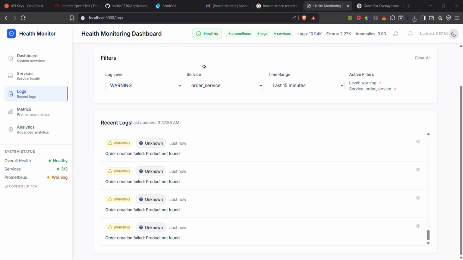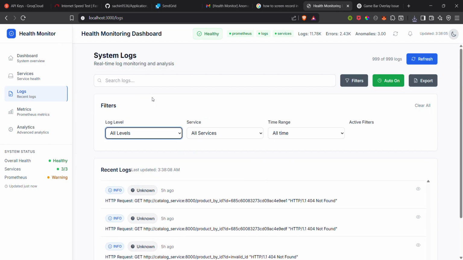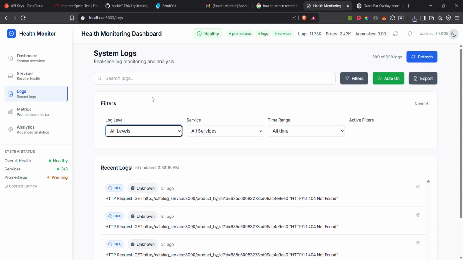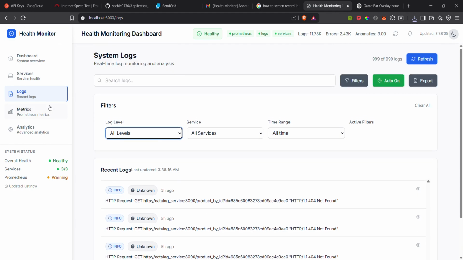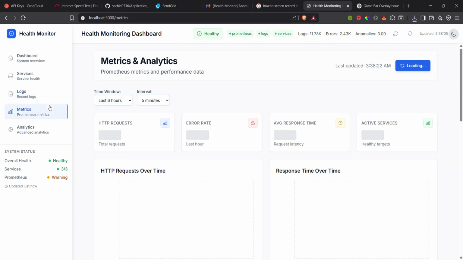You can see currently the logs are there. So these are all the warning specific order service warning logs which we have imported. So this is our log consoling system. Moving forward, we have the metric section in which we are